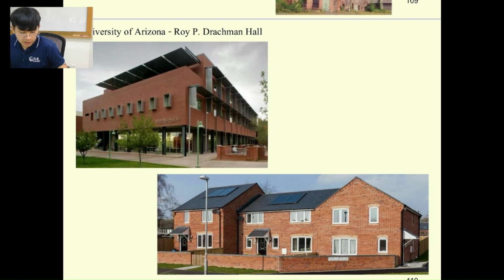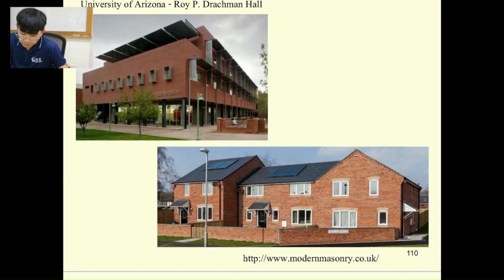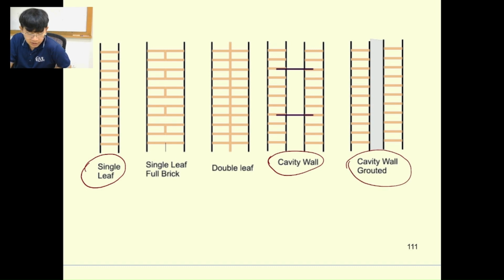For example, like the University of Arizona, and then the house. One is the single leaf, the second one is going to be the cavity wall, and the last one is going to be the cavity wall grouted. So the single leaf is going to be one layer of brick in order to divide the sections of your building. For example, this one is just the single leaf, because it's going to have just one layer of